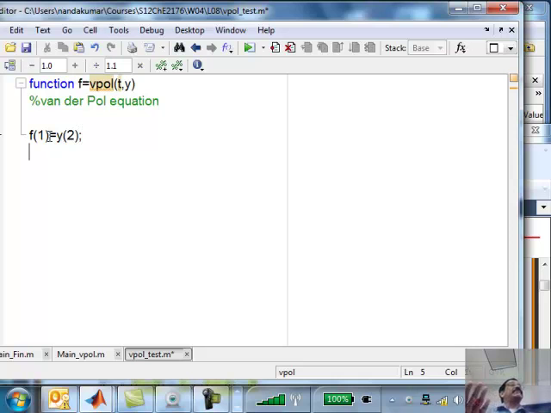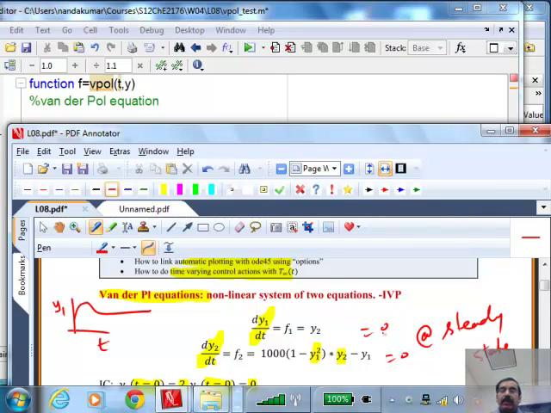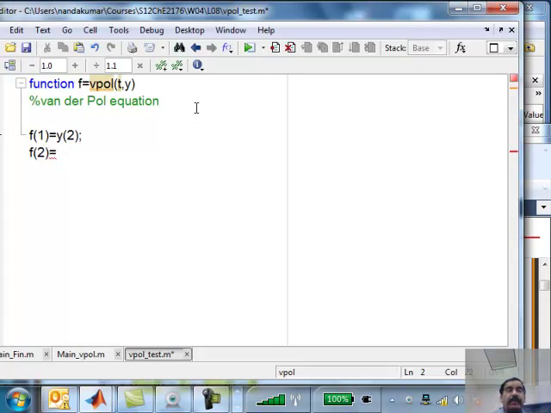Okay, the second line will be the second equation. f2 equals, you need to look at that, 1000 times 1 minus y1 squared, times y2. I'm just going to go back and forth. If I make an error, please correct me.